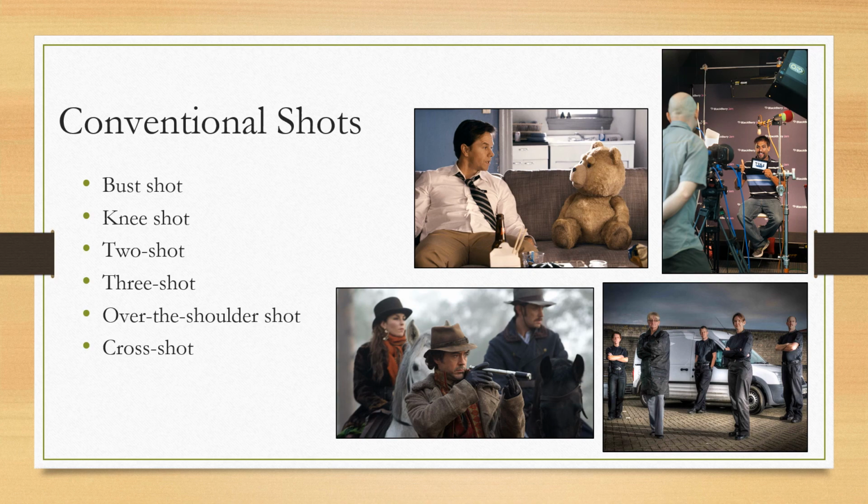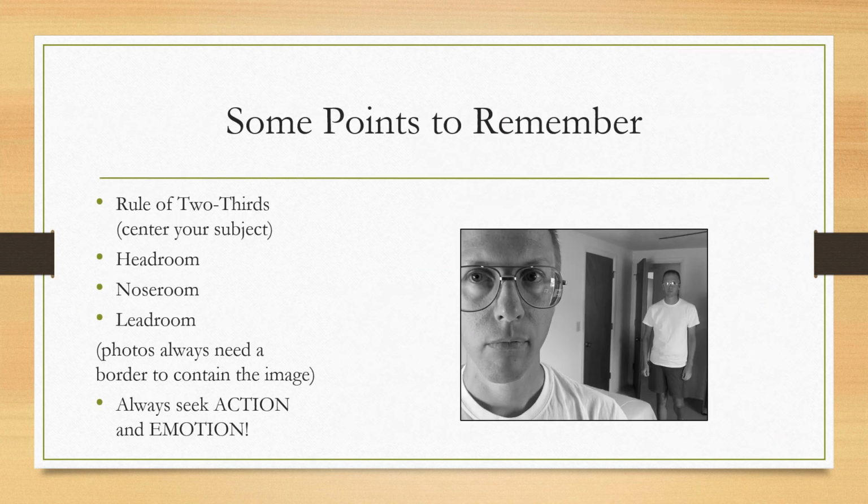Notice that for all of these, our subject matter are focused in the frame. How do we do that? Well, we follow what's called the rule of 2/3. This is basically centering your subject. So we want the person, right, to be most often right in the smack center. So we take our frame and we cut it 3 ways horizontally and 3 ways vertically, right? Just like we're taking a line and drawing it to splice up our different angles.